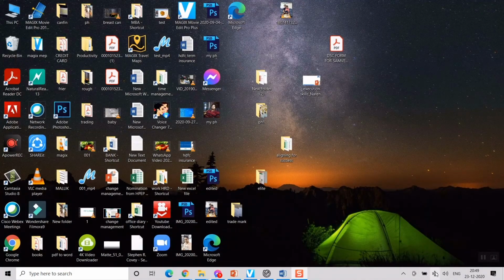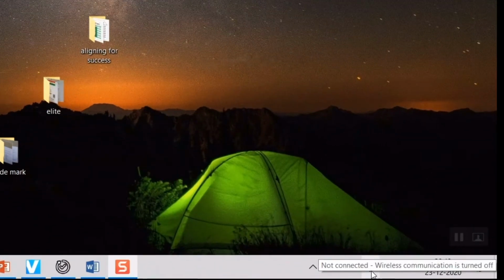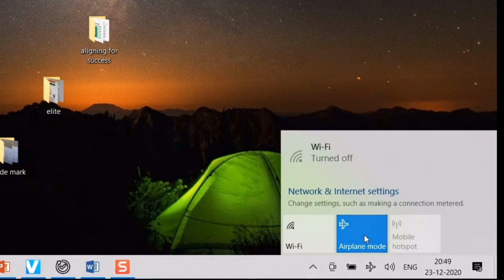So I don't recommend you go through such a long process to get into airplane mode. It is available right here in the bottom right corner of your screen in Windows 10. Just click here and control your airplane mode, turn it on or off from here. So friends, it could be very handy, very useful in situations where you don't want any Wi-Fi, NFC, or Bluetooth to disturb you, or especially at airports or inside an airplane, when the air hostess tells you to turn on your airplane mode so that everything gets switched off and doesn't interfere with the cockpit's signal while taking off or landing. So this is how you turn on or turn off airplane mode.